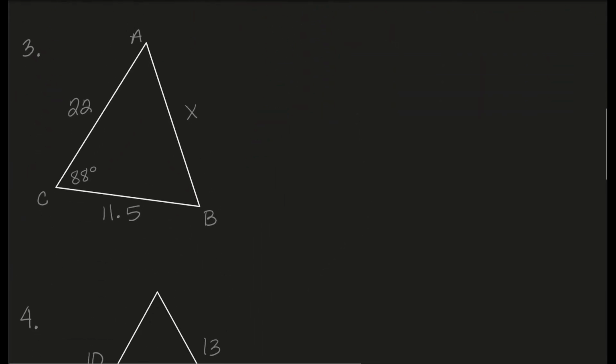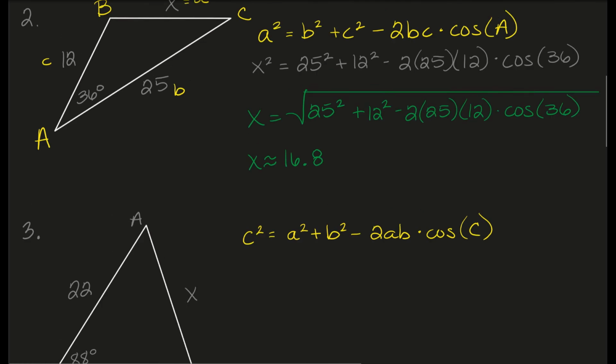So we'll do one more looking for the leg. We already have our triangle labeled. Here you have angle C and you have this leg. So our rule here could be C squared equals A squared plus B squared minus 2 times A times B times the cosine of angle C. Here, this was the third version